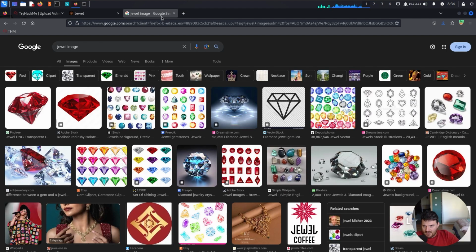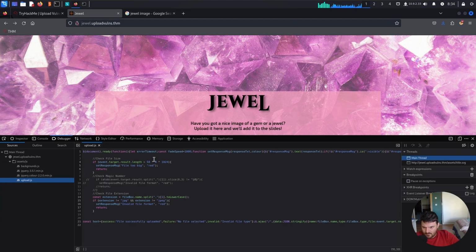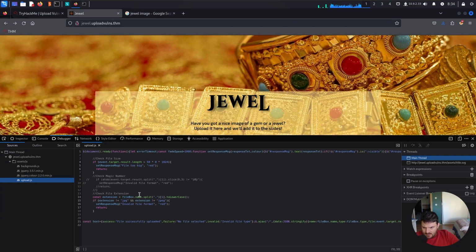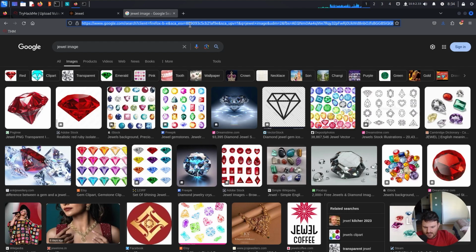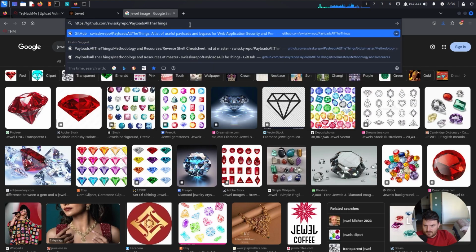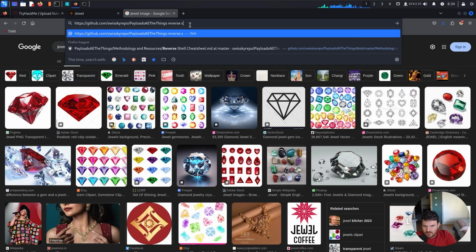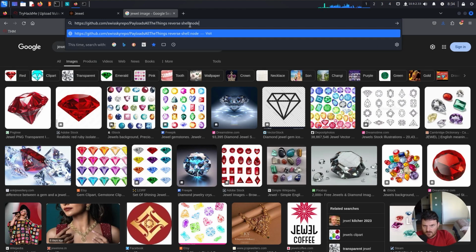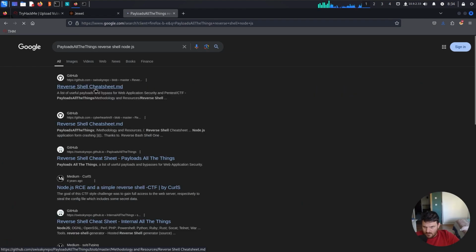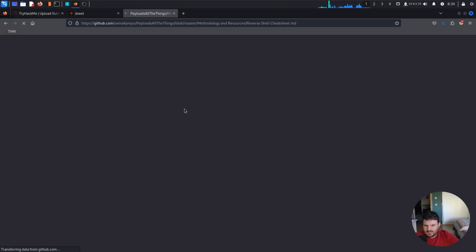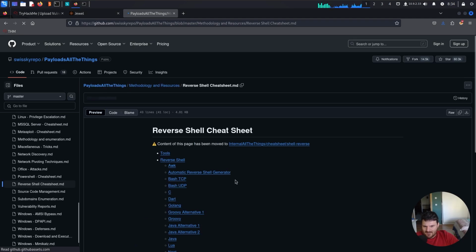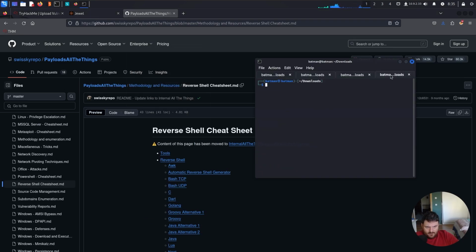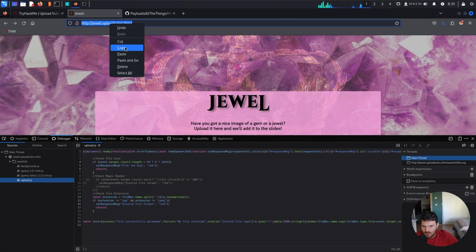Okay, now let's try this. Let's now try to take from PayloadsAllTheThings. We say here a reverse shell, Node.js reverse shell from PayloadsAllTheThings. We check out a reverse shell for Node.js. If we go in the terminal and say here whatweb, and then we copy this URL,